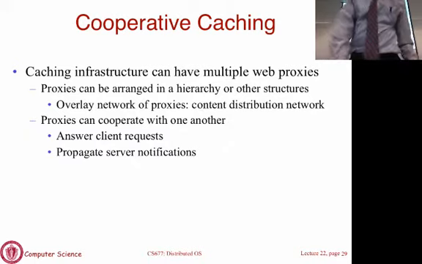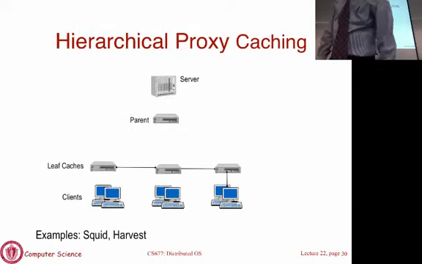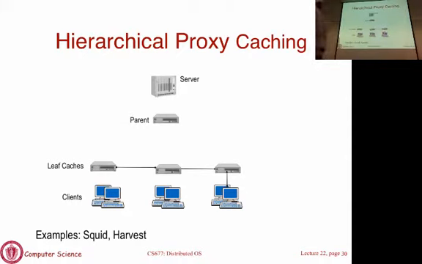Okay, so the last point here is cooperative caching. I'm going to show you some animations of how this is done. Typically in a cooperative caching approach, you have a hierarchy of proxies. Here you have a 2-level hierarchy where you have 3 of these proxies shown in the gray boxes. They are all caches, leaf node proxies, and there's one parent proxy. The box at the top is the server, and the lower level things are clients.